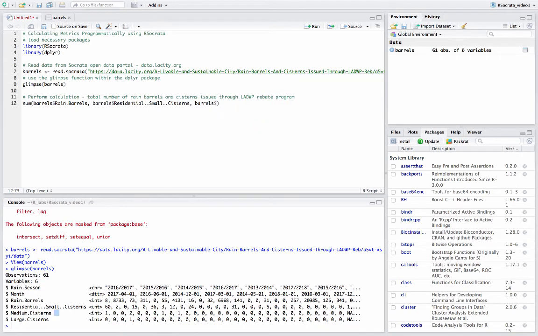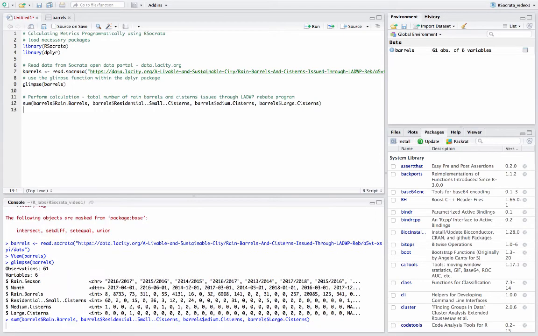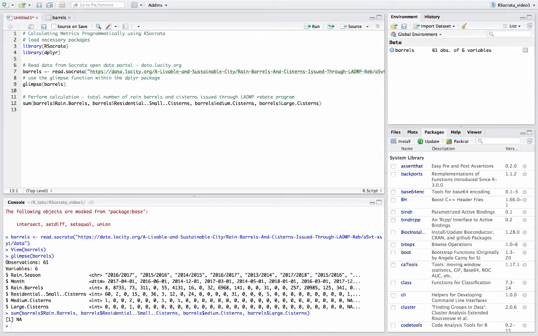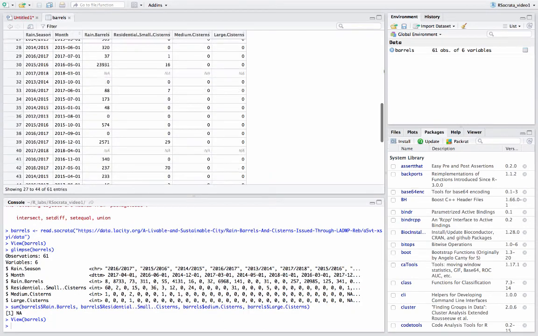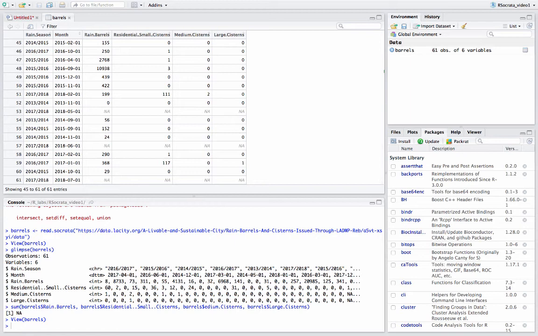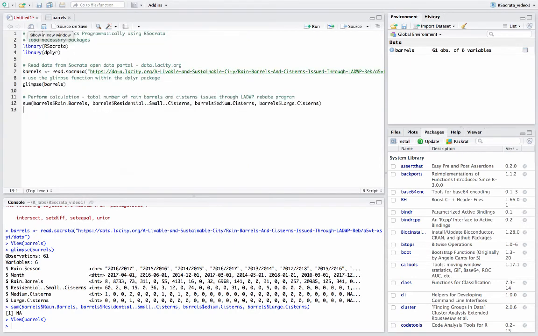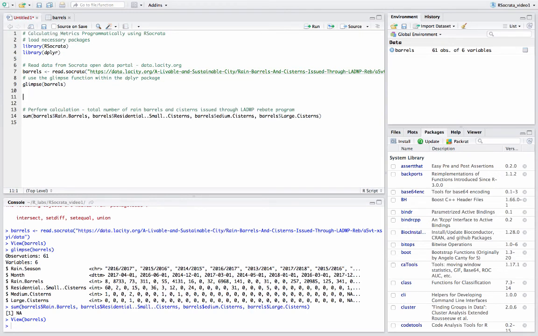Barrels, medium, cisterns, and large. Now we get an error. Why might we get an error? Well, we saw in the data set that there were some missing values. And these are a little out of order, but it's for the months that haven't happened yet. These ones are missing. So first, we need to prep our data set,